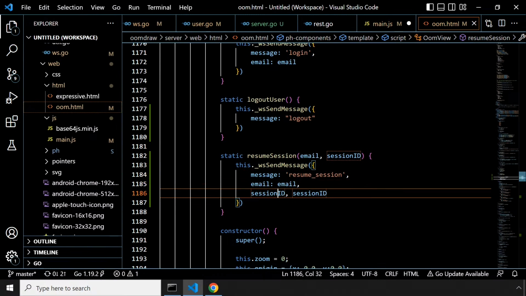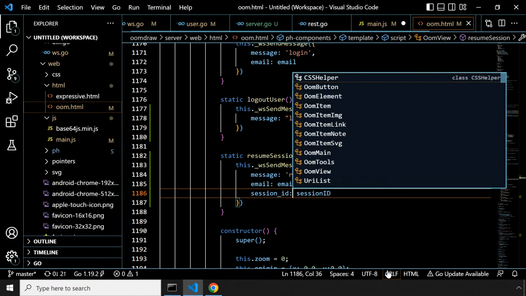Okay. Session ID is like that. Yeah, this is a big gripe. I'm going to have to straighten this out one of these days. It's like the whole idea that you just have to keep translating these names up and down for no apparent reason. It's just like, because there's naming conventions in golang where it's title case, and then there's the snake case going on here for JSON. Anyway, whatever. It's just kind of annoying. It'd be nice just to pick one and then stick with it. Okay. Now,